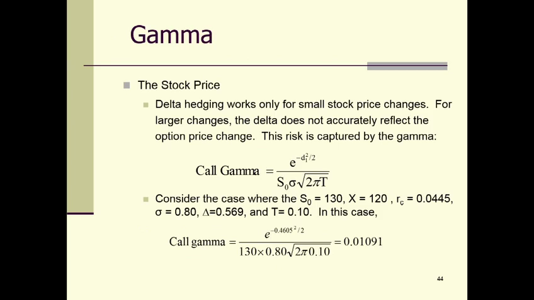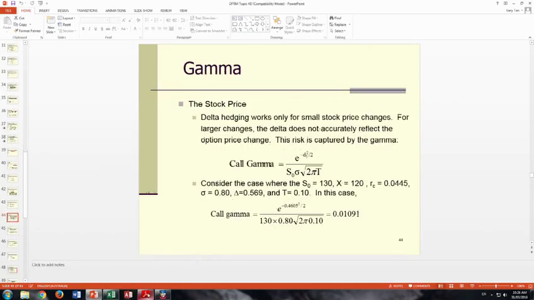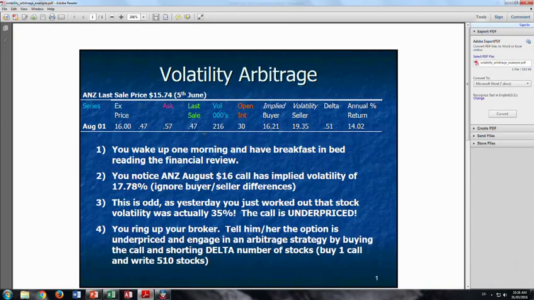So next we look at gamma. Or maybe before that, I want to show you something else called a volatility arbitrage. Now remember I said earlier on in the first part of the lecture that if you calculate your volatility number, you will then know whether or not the market is under or overpriced, and therefore you can take a position, right? So this is what we're going to look at. Implied volatility here is given as buyer and seller. You simply take the middle ground, so that's 17.78. Now,